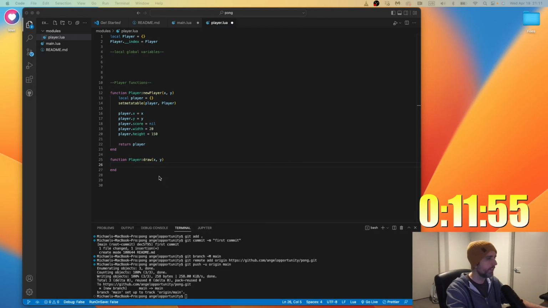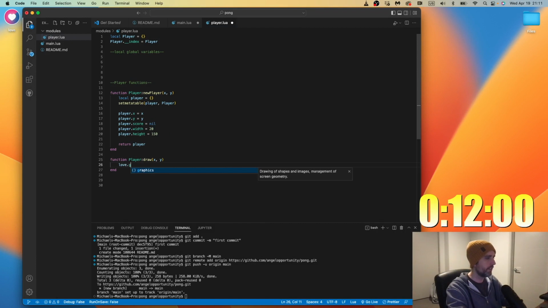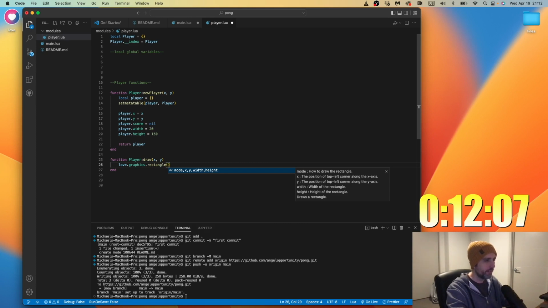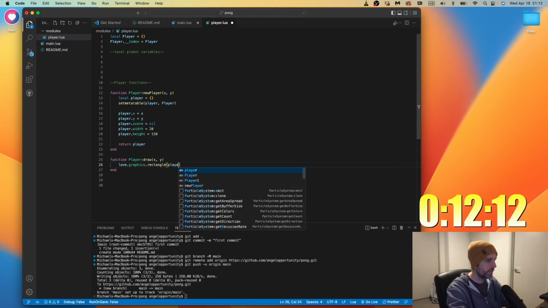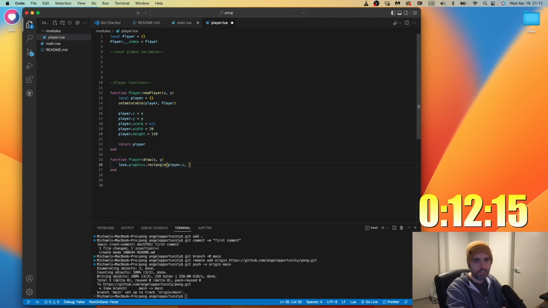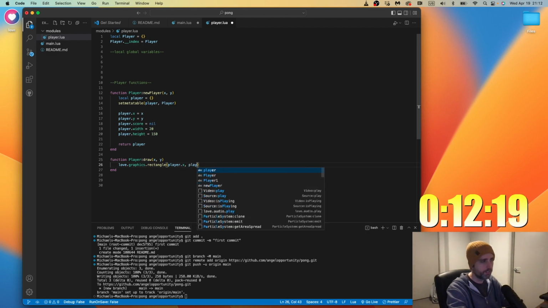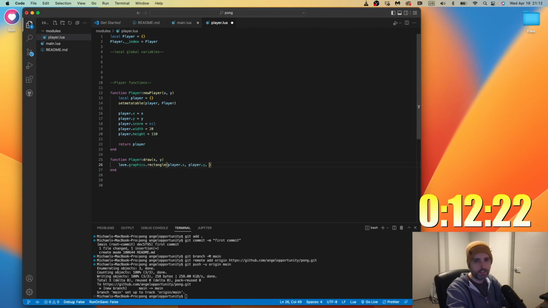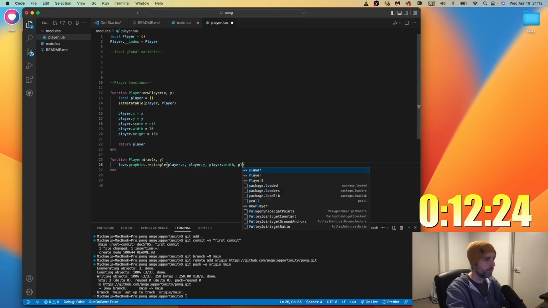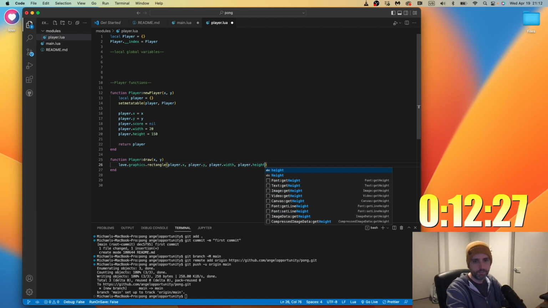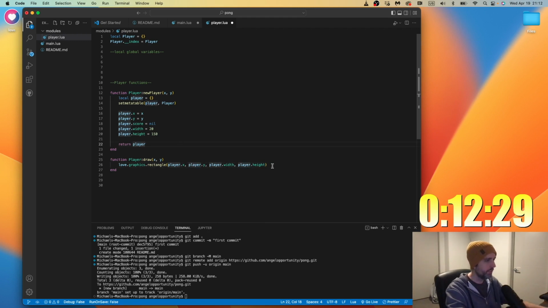So what we do here is love.graphics.rectangle. We don't need to put the mode in. X is top left. So top left will be player.x, and then player.y, and then player.width, player.height. And that should be good.